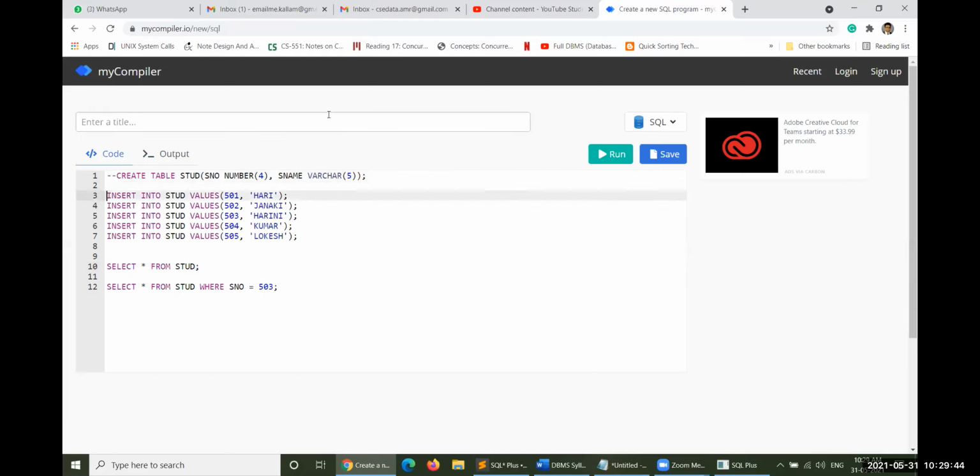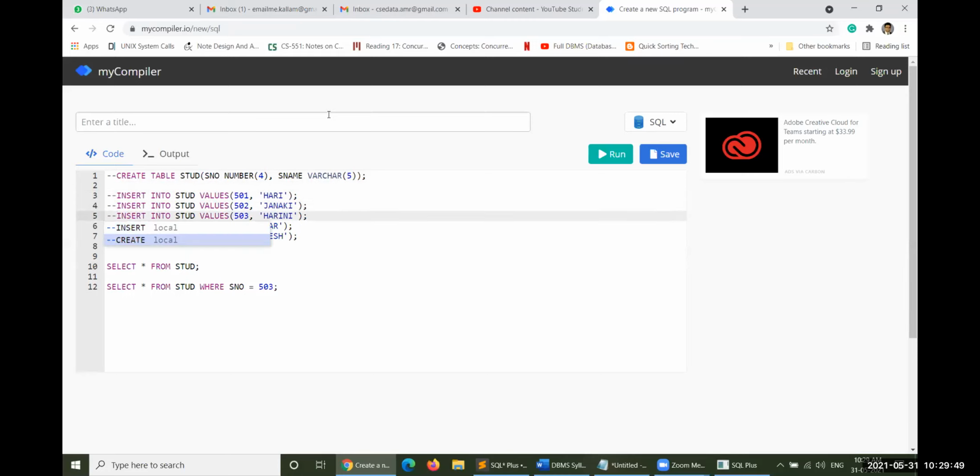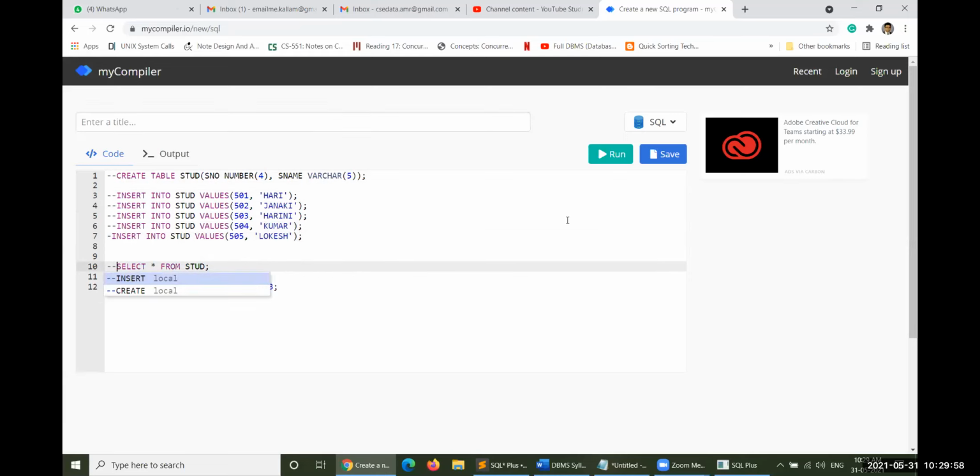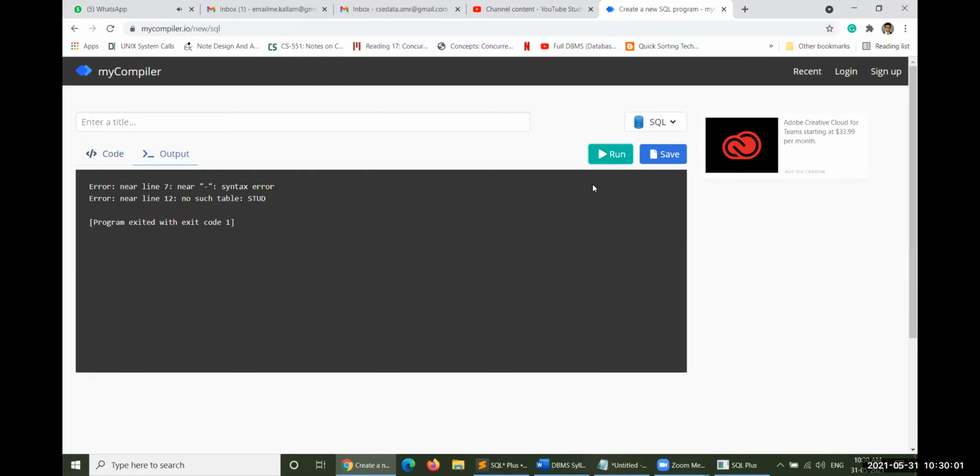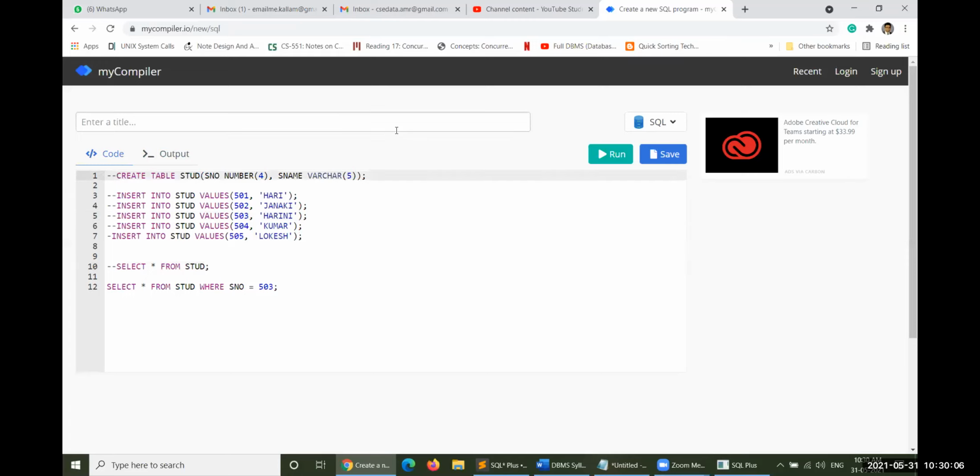So let me put into comment lines, comment lines, and here also comment lines. So just before we have created something, then execute this one here. Comment line is not accepted here. However, comment lines are not accepted here. However, you can execute right away from the beginning. There is no problem at all because it is not a realistic SQL kind of thing here.